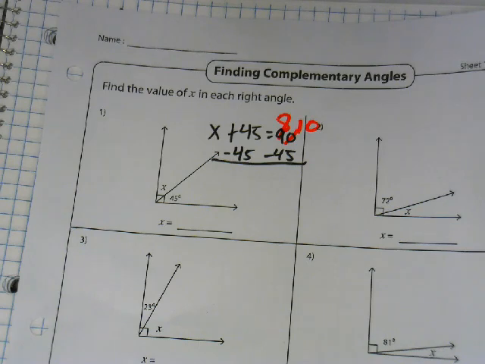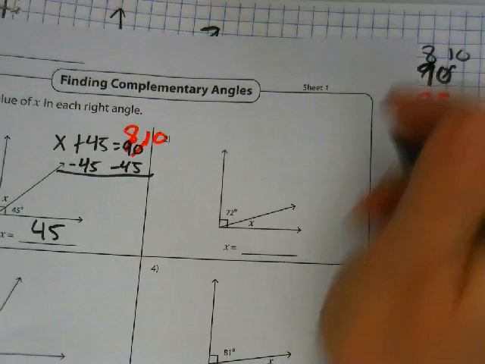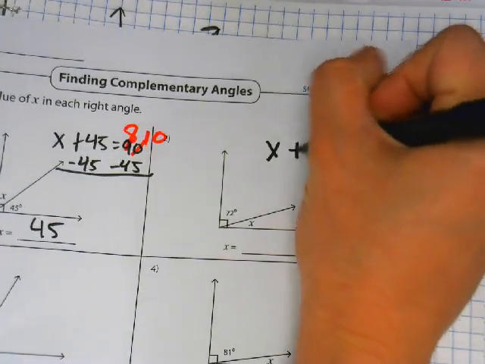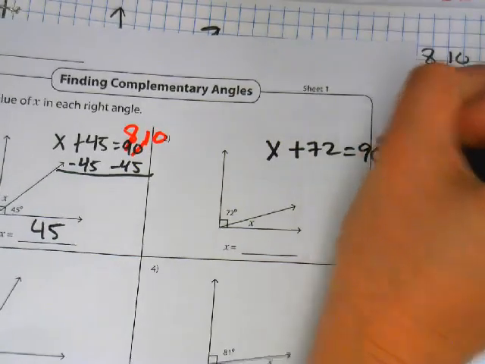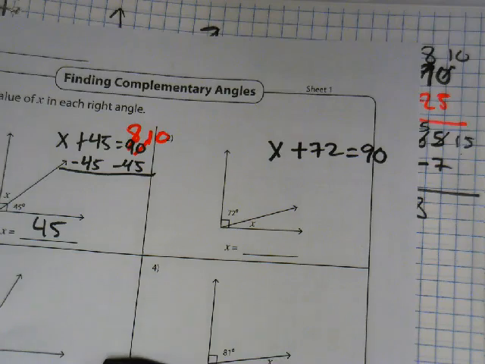Brianna, worry about yourself. Okay, so what is our answer for number 1? I'm coming around. 45. What equation for number 2? Oh wait, x plus x. Now, Ruben, I wrote it like this. Does it make a difference? No, it's still the same thing. Still the same thing. So even if you wrote